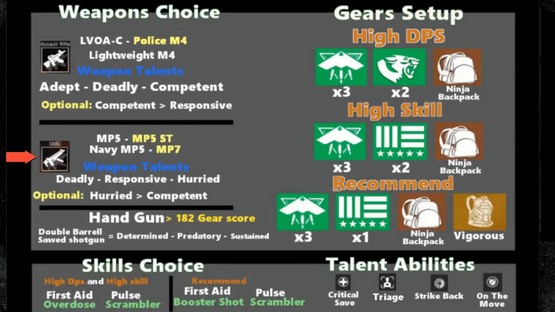Now let's move on to the SMGs. I love using the MP5, MP5 ST, maybe MP5 and MP7. That's why I put them in there, because those are the best choices to have on this build. The weapon talents I choose are Deadly, Responsive, and Hurried. You can swap the Hurried into Competent for more damage, but to be honest, man, I'd rather have Hurried